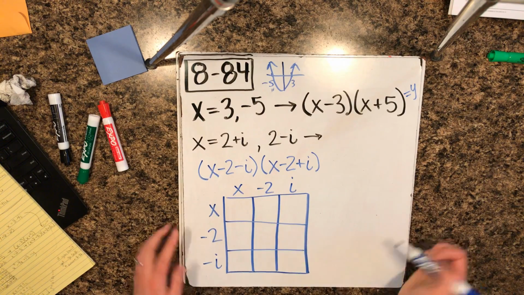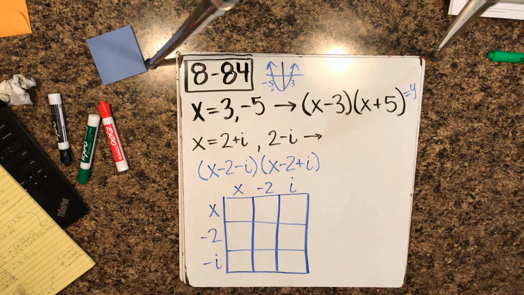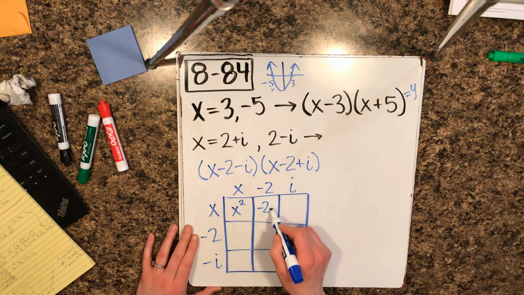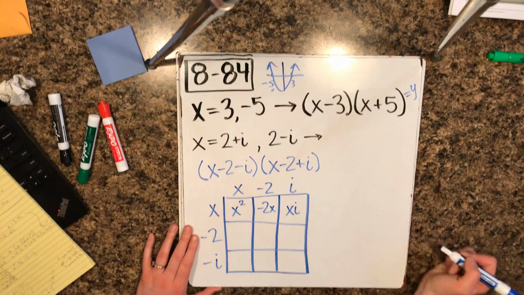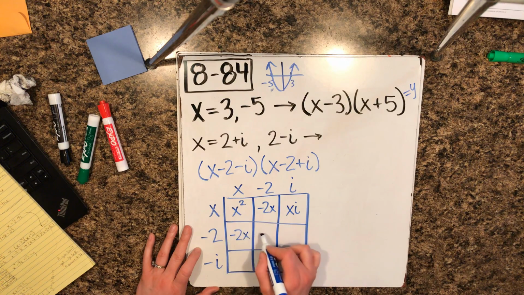Okay, just a generic rectangle. 3 parts here, 3 parts there, and we're going to start multiplying. So I get x squared minus 2x. X times I, it's just like if I had a times b. Okay, multiply those together. Straight across, -2x, +4,